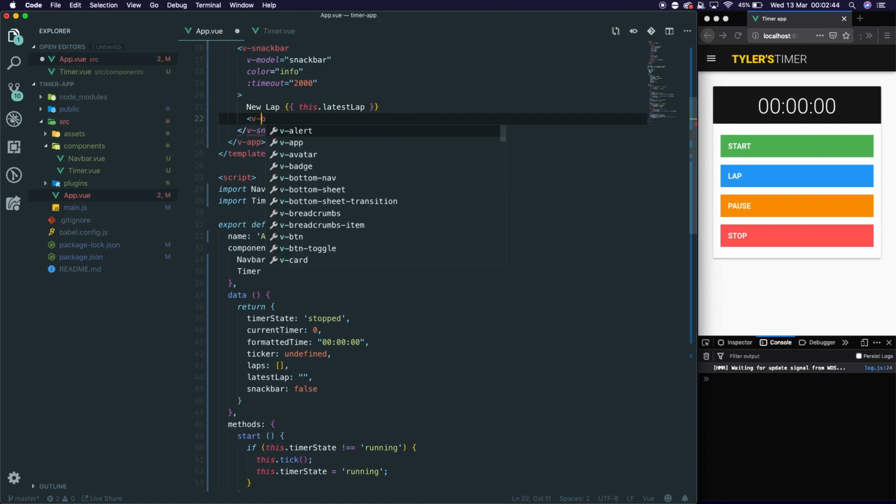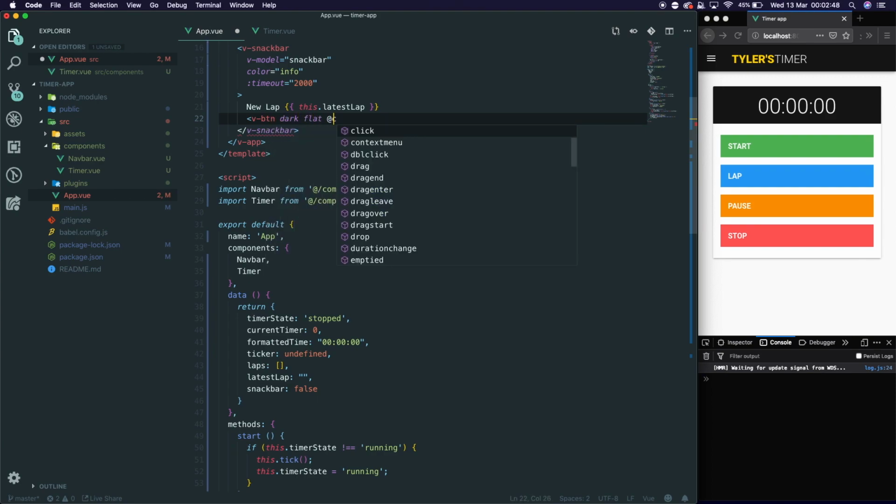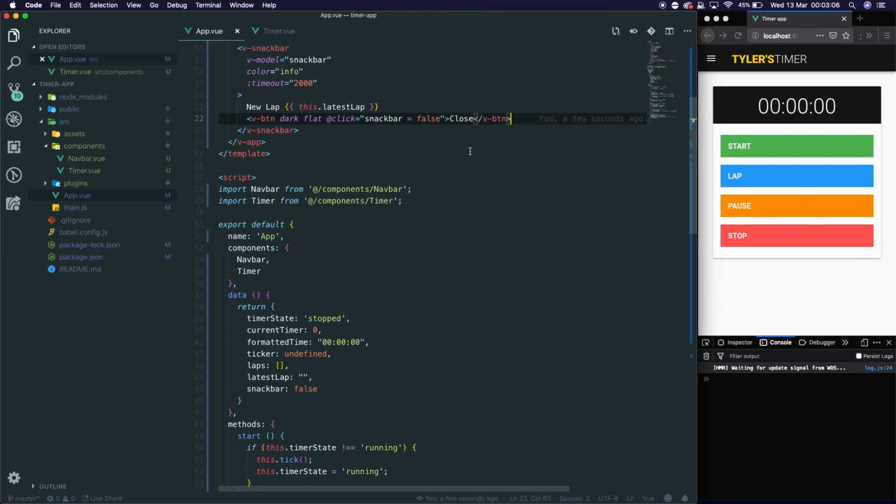and then we're going to have a button which has dark, flat, and on click it's going to go snack bar is equal to false. Inside of the actual thing, we're going to write close and then hit save. Now if we hit start, we let it go up a few, and we hit lap, we don't actually get anything because we don't actually call it